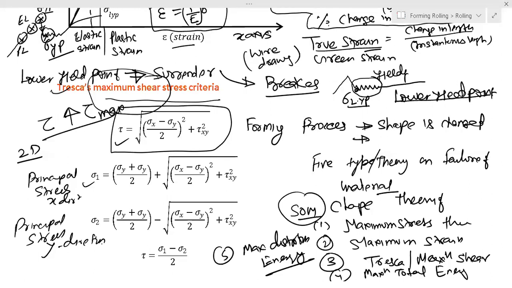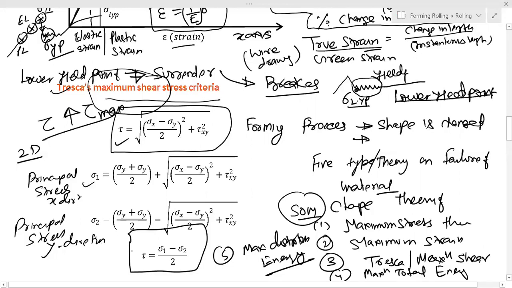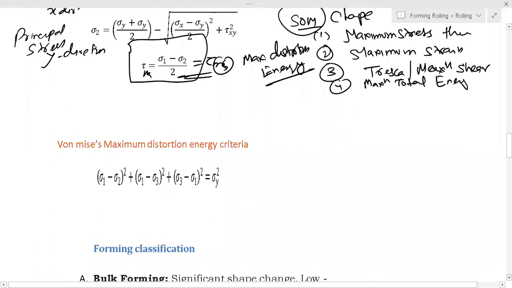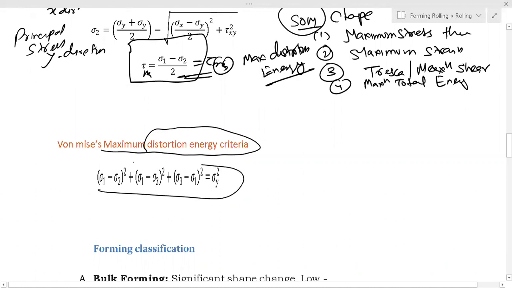Again, I will discuss this in stress and strain in strength of material. So this is the maximum, and that will reach the maximum. So this is the Tresca maximum shear stress theory. Another one, though this topic is not required, but anyway, is the von Mises theory, that is the distortion energy theory. This we will derive in strength of material.